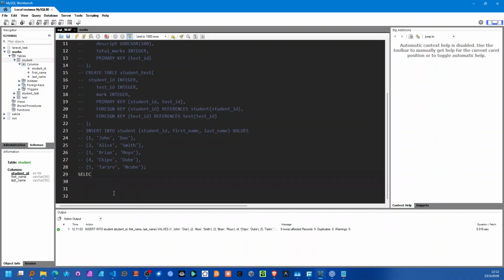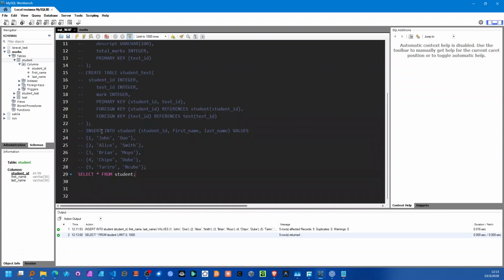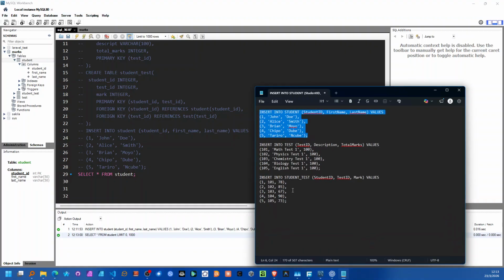table. So to show that we actually now have data, I can select everything from the student table, and we just want to return everything from the student table. So we can run that script, and you can see that we have our data in the table there. So you know that our insert did work, and we now have 5 entries inside of the student table. So coming back to the editor, we can then insert the remaining data for the other 2 tables. Remember, I did